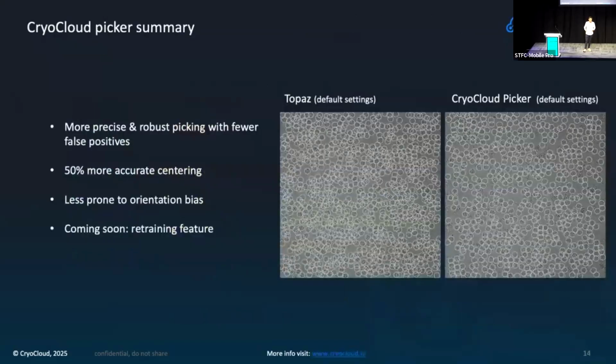So in conclusion, a small summary: our picker is more precise, shows robust picking with fewer false positives. We have better centering precision, and it's less prone to orientation bias. And what we will be adding very soon, by the end of next month, is a retraining feature, because we